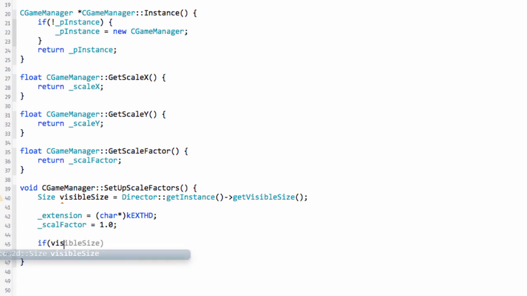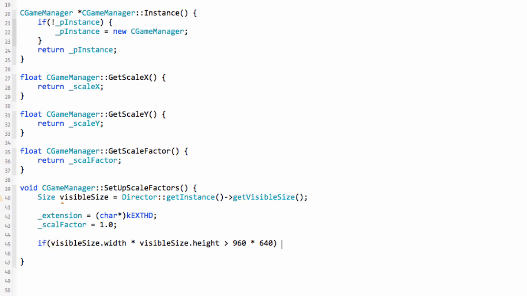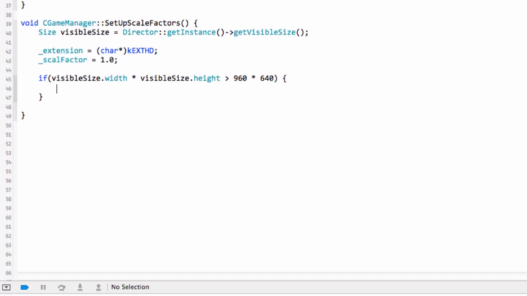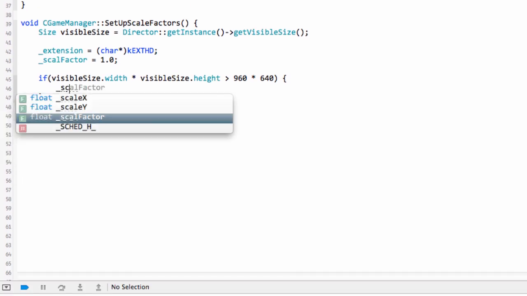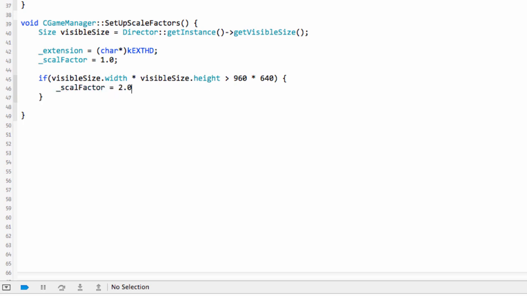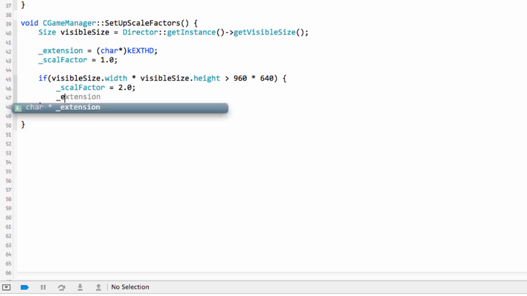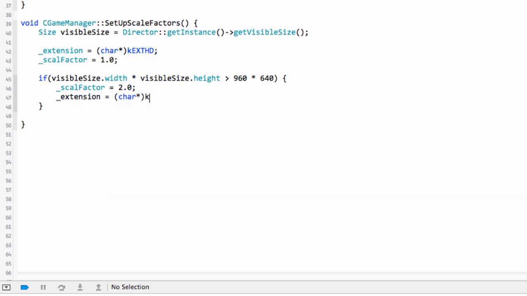So we can say that if our visible size dot width multiplied by our visible size dot height is greater than 960 by 640, our base resolution, that means we'll want to use our UHD graphics. So we say our scale factor is equal to 2.0 because we're going up by a factor of 2, because we're using the ultra high definition, and our extension now will be equal to a char pointer of the K